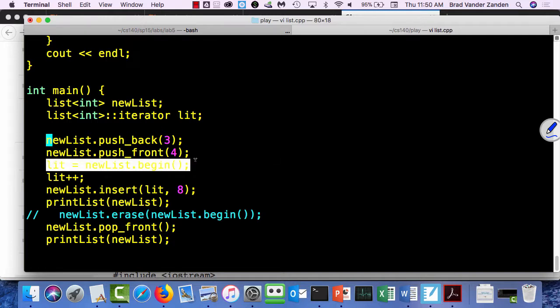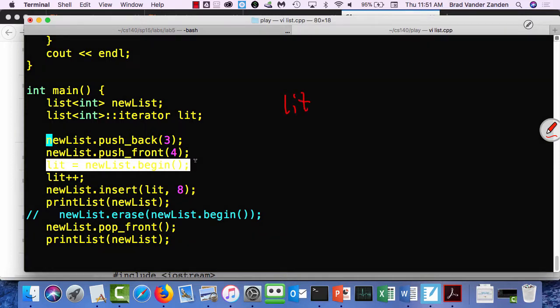So that's why you see the lit equals newList.begin. And then you can't add 1 or subtract 1. You can't say something like lit minus 1. That doesn't work. You have to say plus plus. Okay, you also can't say lit minus minus. Minus minus is not defined for iterators. I know that's a little confusing when you're using a reverse iterator, but you always use the increment operator to